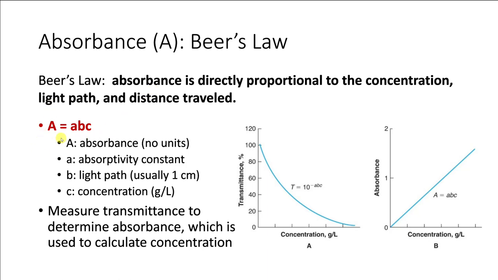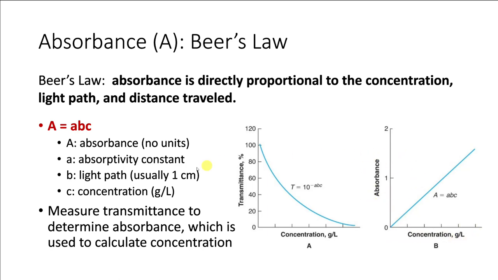Big A for absorbance equals ABC, which, if you remember from any sort of algebra class, makes up a very nice linear path that has no intercept. So it's a very nice, direct, easy way to be able to calculate concentration when we get this